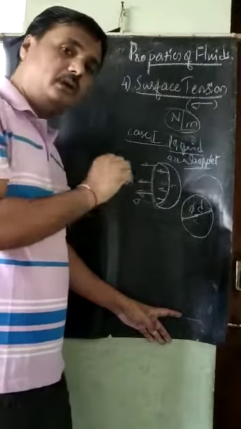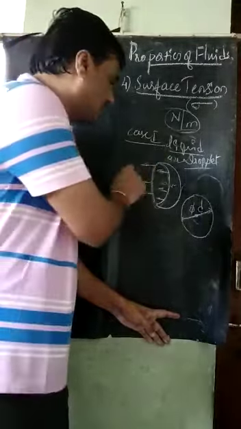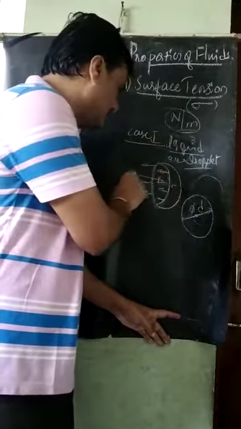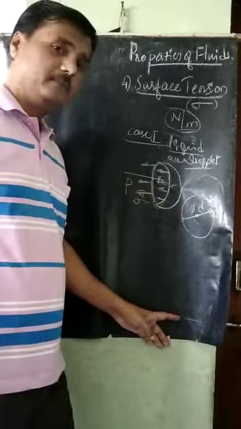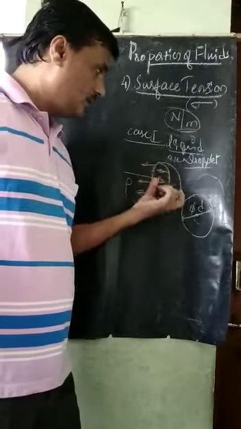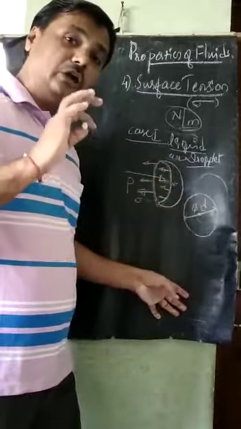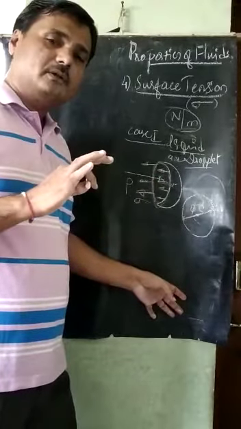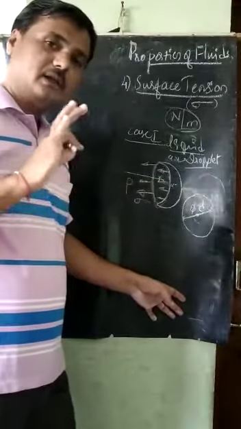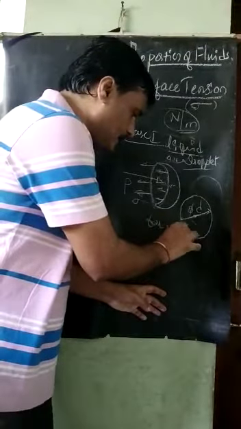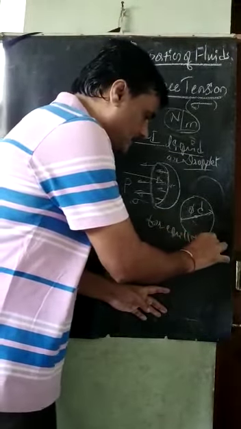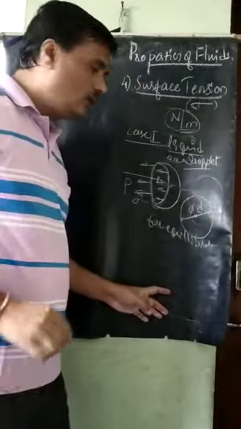What is the other, opposite force? That is the force by the air, the pressure force. P is the pressure force acting here. But this liquid droplet is in equilibrium. So these two forces are in equilibrium. For equilibrium,